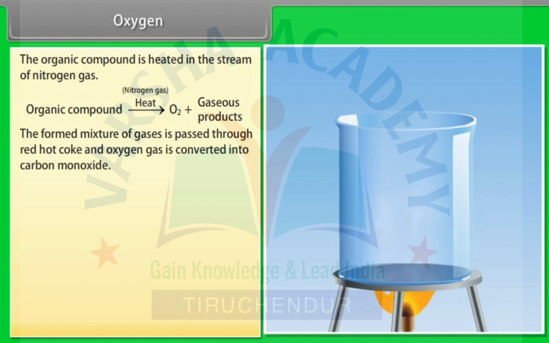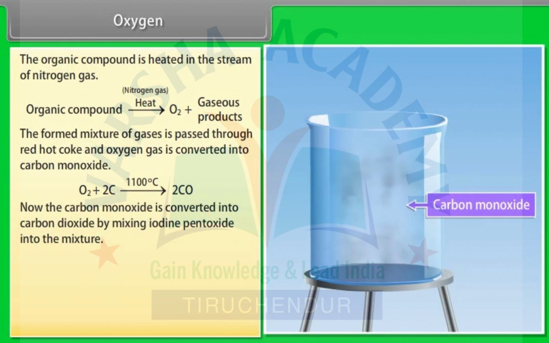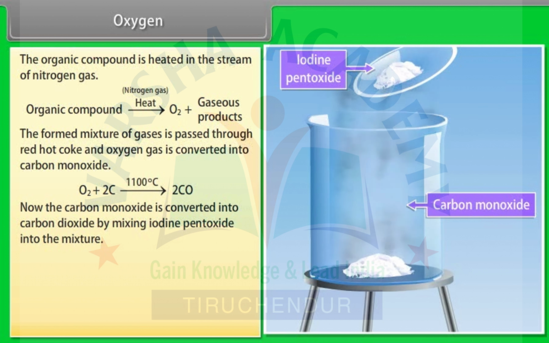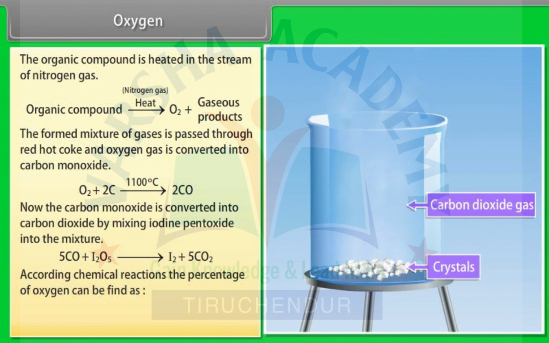The formed mixture of gases is passed through red-hot coke and oxygen gas is converted into carbon monoxide. Now the carbon monoxide is converted into carbon dioxide by mixing iodine pentoxide into the mixture. According to the chemical reactions, the percentage of oxygen can be found as 16 into mass of carbon dioxide